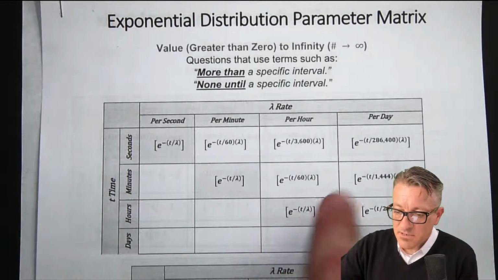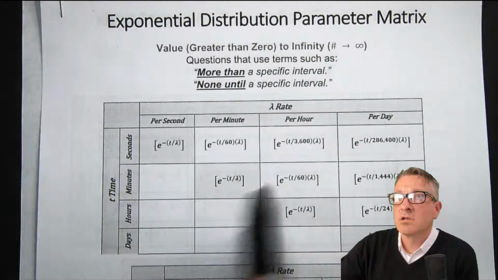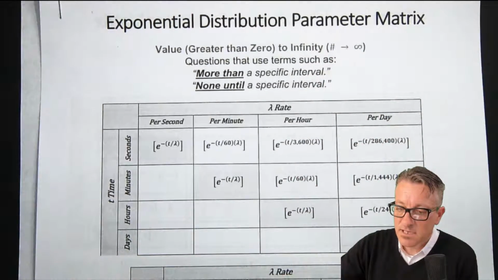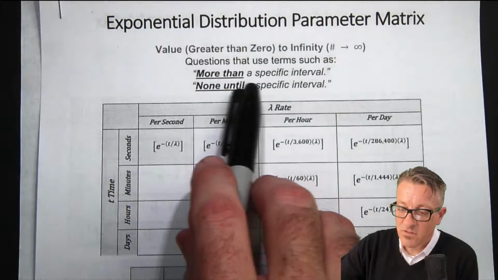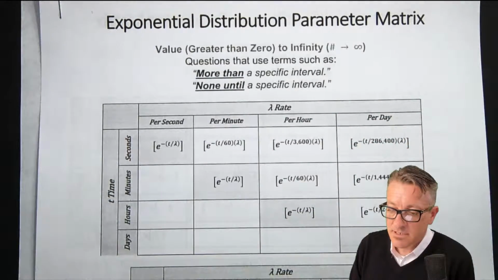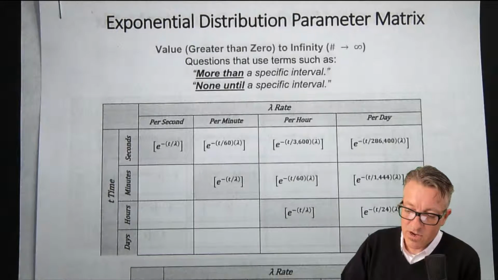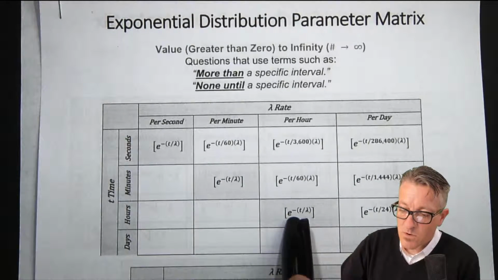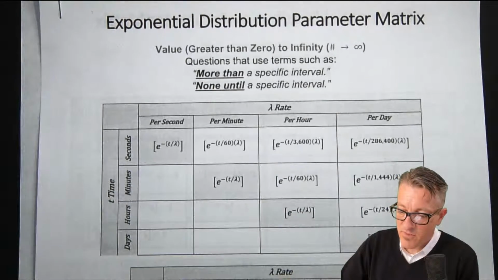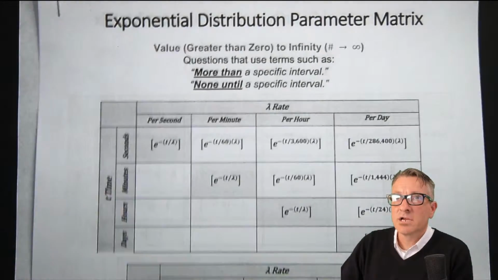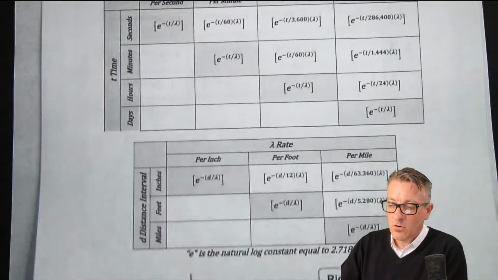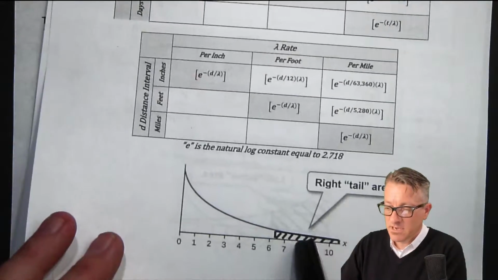On one of the other pages, it'll be the 0 to a number. See, this one is a number to infinity. So this is in the tail portion, and it says more than a specified interval, none until a specified interval, meaning none until a certain value, and then whatever after. So on this one, there's no 1 subtract the equation, and that's just the way this is because of the part of the tail. Then down below, we actually have the distance part, and then it shows the tail, or where we're looking at, where this calculation works.